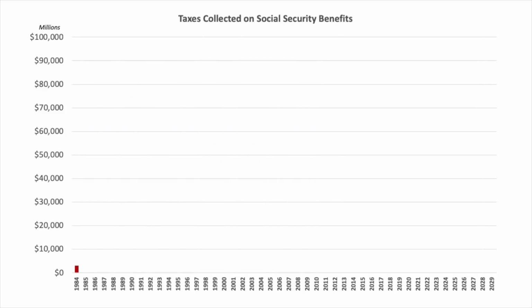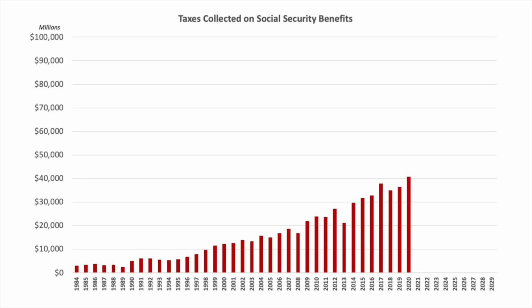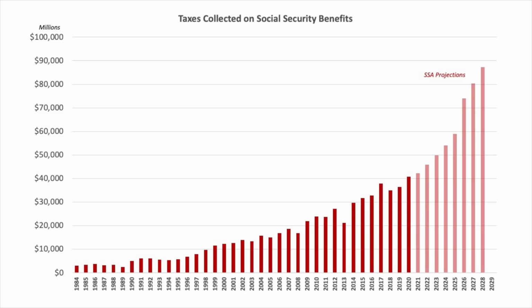In the first year of benefit taxation, there was a total of just over $3 billion that came in. Just 8 years later, that number had doubled to just over $6 billion, and it kept growing from there. Last year, 2020, there was more than $40 billion in taxes collected on benefits, and by 2029, this is projected to be $94 billion. So what started out impacting a very small number of people now casts a much wider